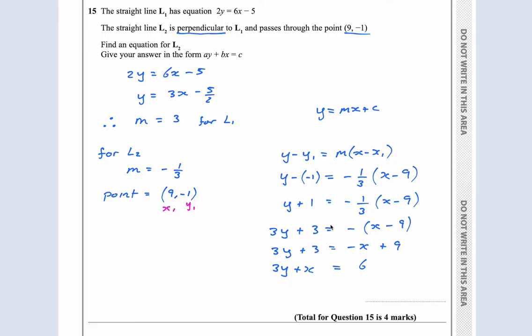So actually, guys, I was just looking at the answer there. The answer they give is y plus a third x equals 2. I didn't realize that they never said a and b and c are integers. Often they do. So this would have been fine too, but this is the exact same answer, because if you just multiply this by 3, you get this. So this is fine for sure. Okay,